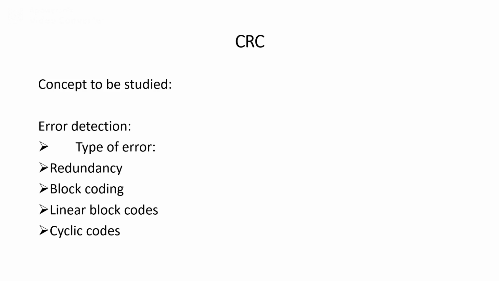In cyclic codes, there are categories of cyclic codes. One of the categories is cyclic redundancy check (CRC). It is a category of cyclic code which is used in networks such as LAN and WAN. So we can take this cyclic redundancy check as our first program of implementation.